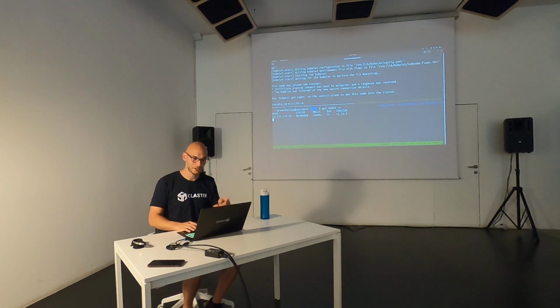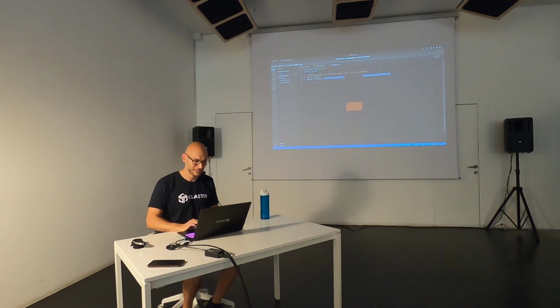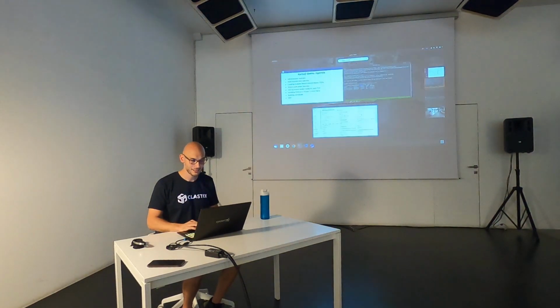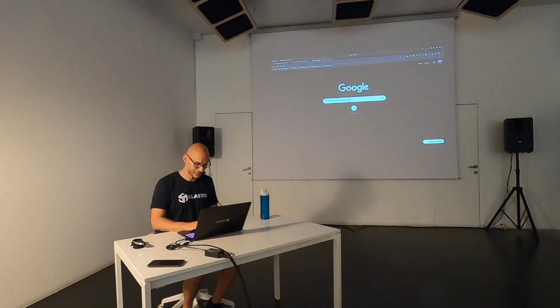So this is the node that I just deployed here, but we are missing something. Why is it not ready? Question time. Why is it not ready? Networking. Networking, yeah, exactly. We are missing the networking. That's the correct answer. And the reason is that we need to use a CNI, and honestly, I'm using Calico.